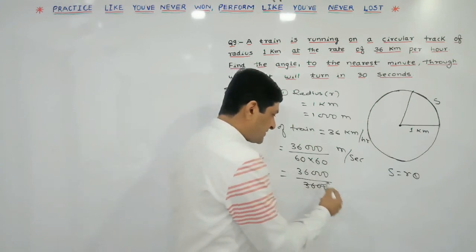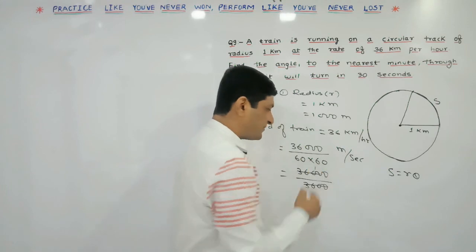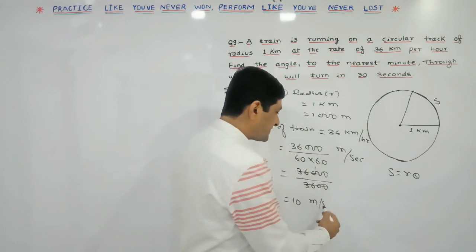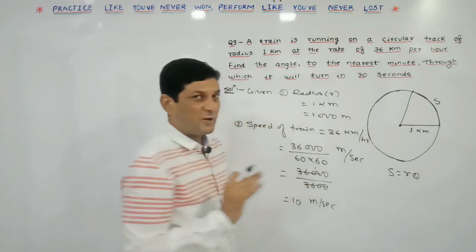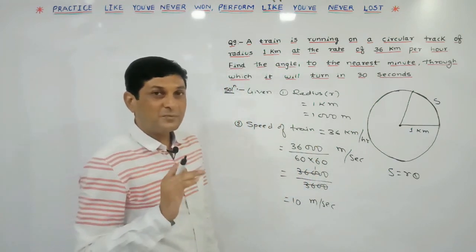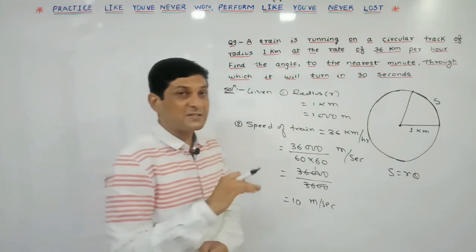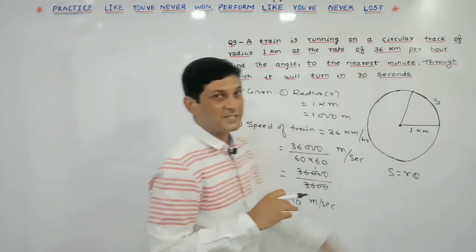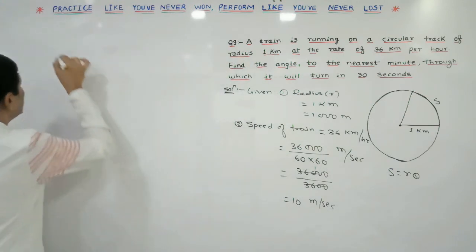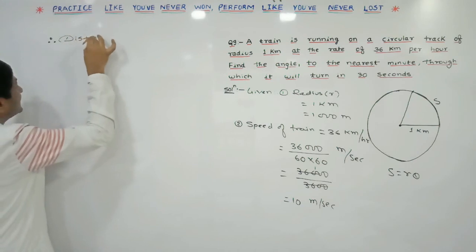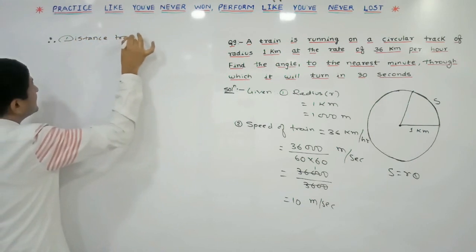So this 3,600 and 3,600 will get cancelled. What result is remaining? 10 meter per second will be the speed of the train. Now this is the speed of train per second, but we have to find out distance travel in how much second? 30 seconds. So that's why we are saying that here distance travel